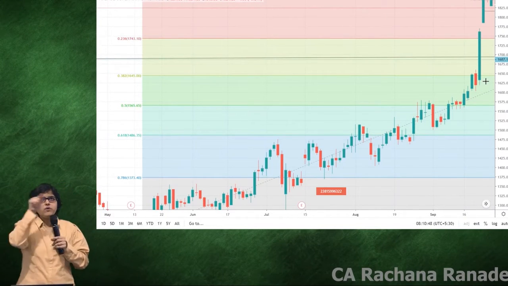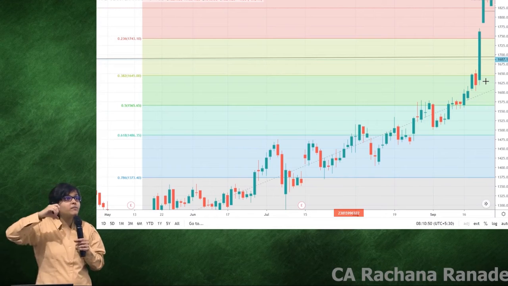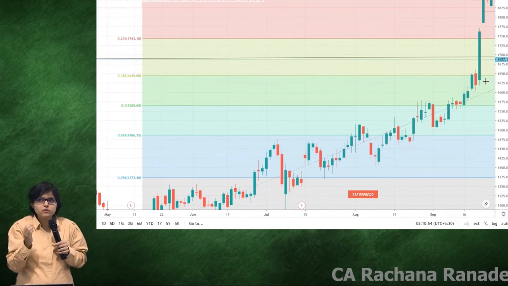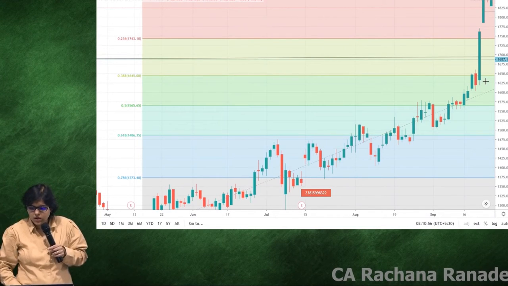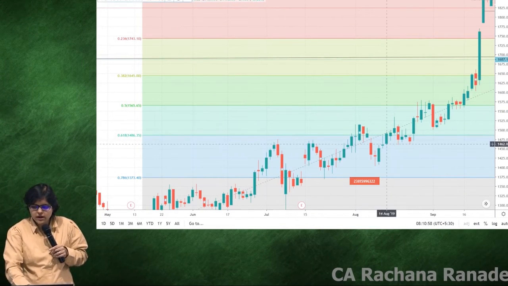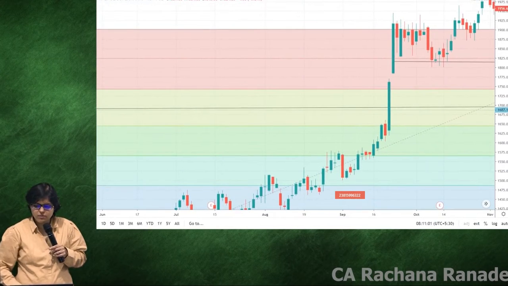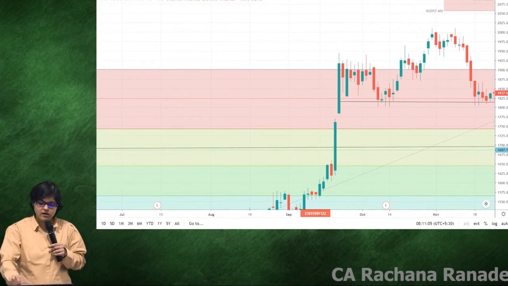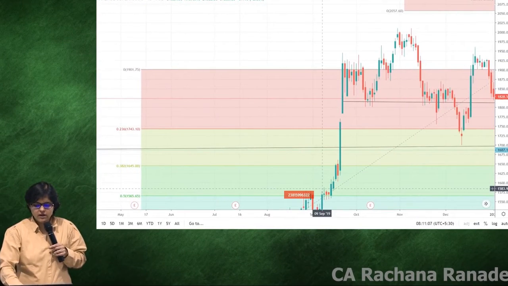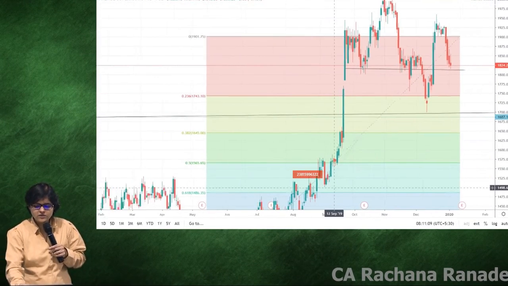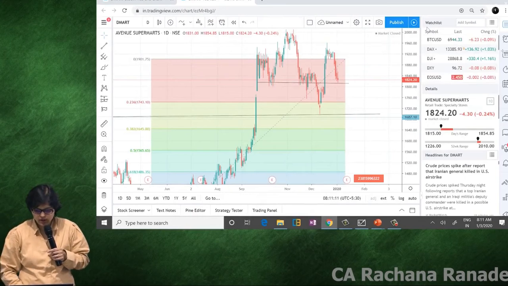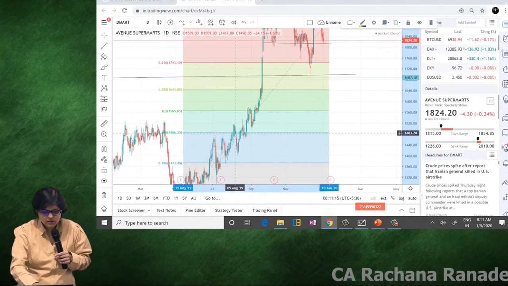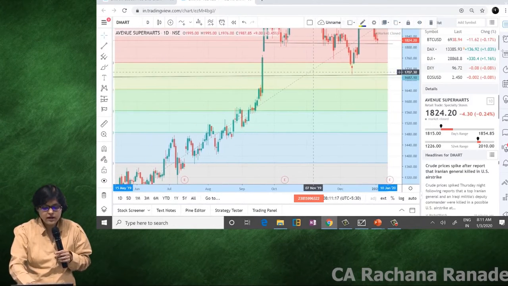In simple words, any of the Fibonacci sequence numbers being broken by a big green or a big red shows a lot of strength. Now what happened? This 38 broken, and you can see 1, 2, 3 big greens back to back. It's going up. It's going higher. So now what is to be done? Understand, the moment a new high is found, I'll tell you now what is to be done. The moment a new high is found, we have to again redraw the numbers.